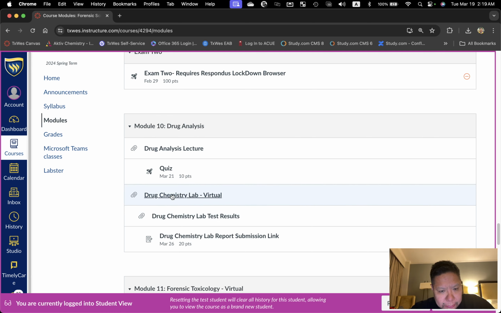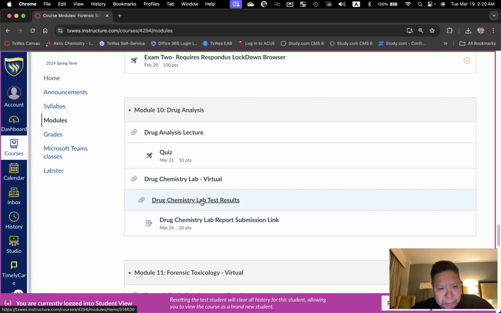But here's all the stuff that you'll need for the drug chemistry lab that you'll be doing virtually. It's not in here yet, but it will show a video there. You can get to the video using the module as well. So just make sure you're checking that because the video will be there for you to watch as well